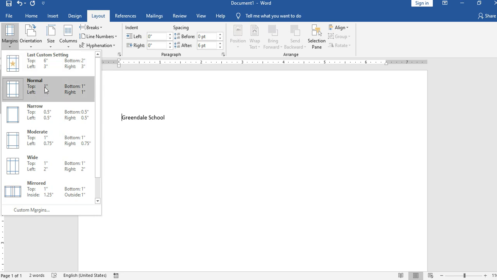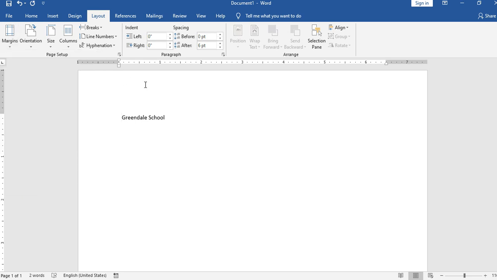Normal, the top is 1, left is 1, bottom is 1 and right is 1. So everything is 1 over here. Top spacing is 1, left and right over here is 1 and 1, and the bottom is 1. So this ruler is going to adjust the indentation according to the margins it is given by default in your